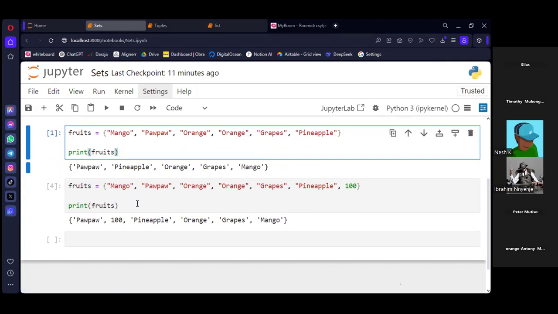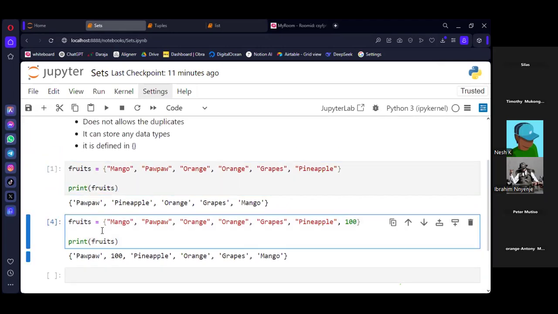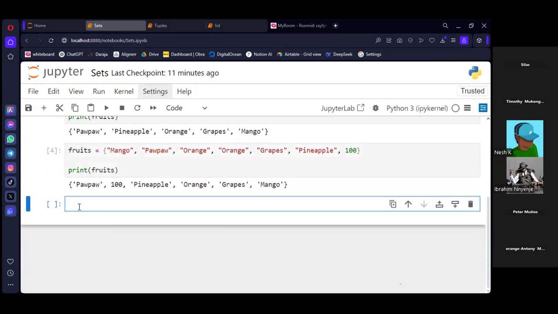Okay, let's try to demonstrate one perhaps. Let's assume that we have set A. We assign it 1, 2, 3, 4, 5.